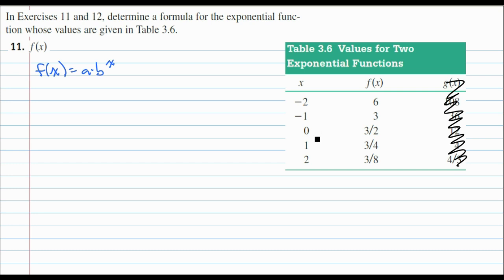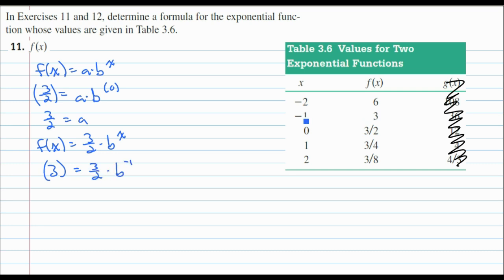I'm going to plug in the initial value first because then b can get canceled out because it will have a 0 exponent. So I'm going to plug in 3/2 for f of x, the output, and then 0 for x. B to the 0 is 1, so a equals 3/2. So far I have f of x equals 3/2 times b to the x. Now I pick another point that's easy. None of these points are super easy, but maybe you want to plug in 1, 3/4. I'm going to try -1, 3. So I'm going to plug in 3 for the output,